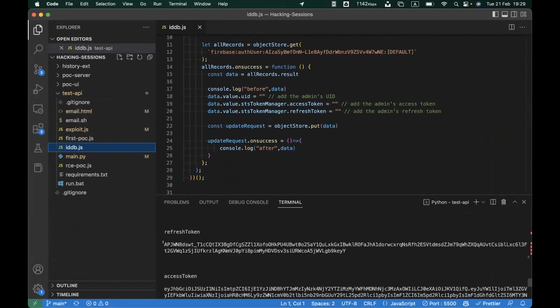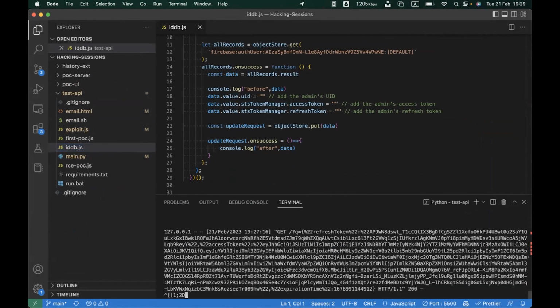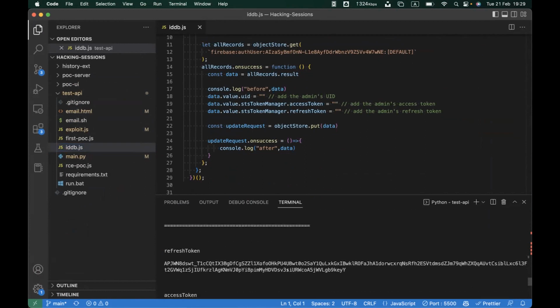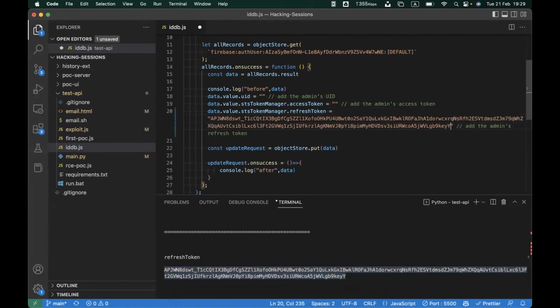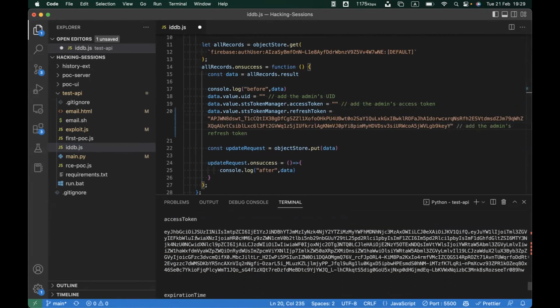So we are going to copy the refresh token. Okay. Then we are going to copy the access token. I think I have copied everything.